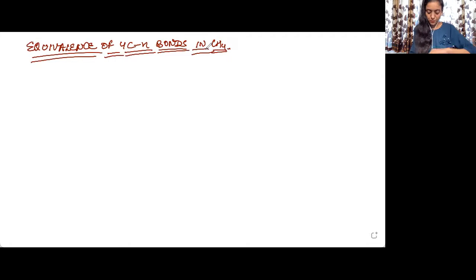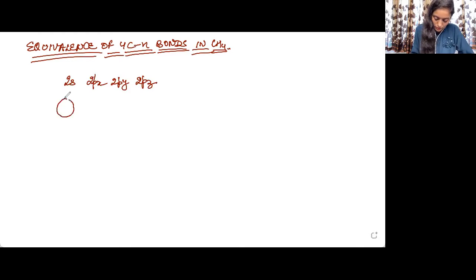Now, if we see that carbon is forming 4 bonds with hydrogen atoms, right? What are the outermost orbitals that are involved in bond formation? It is 2s orbital and 3 2p orbitals, that is 2px, 2py, 2pz. Right? Now, if we see the shape of the orbitals, this is spherical and all these 3 are dumbbell shaped.